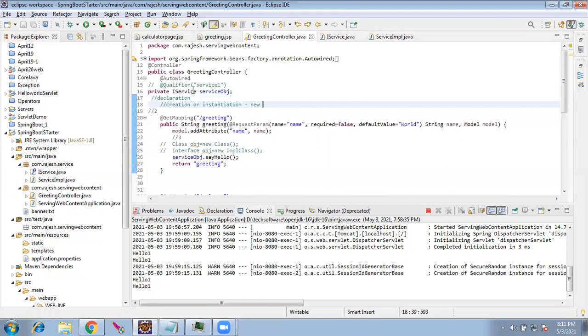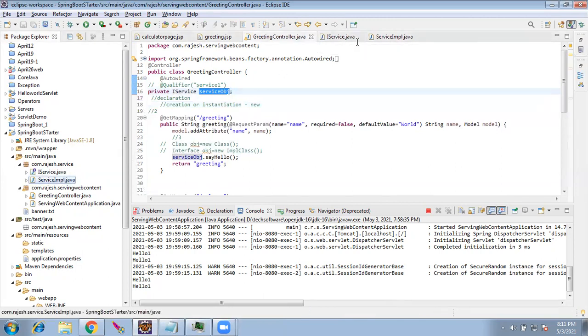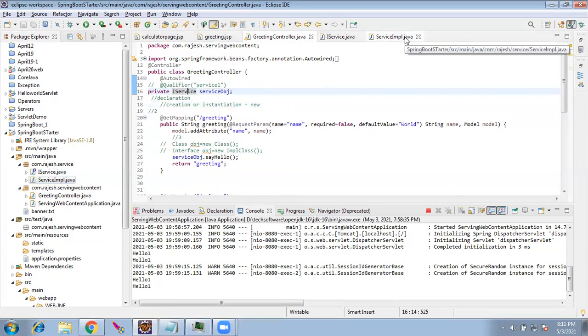So I'm declaring an object of the interface. What is the interface? The IService interface. And who is implementing it? ServiceImpl is implementing it. I am not creating any reference to that here. Now, this file doesn't even know that there is a class called ServiceImpl, right?